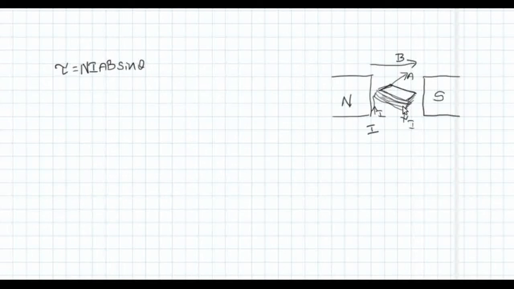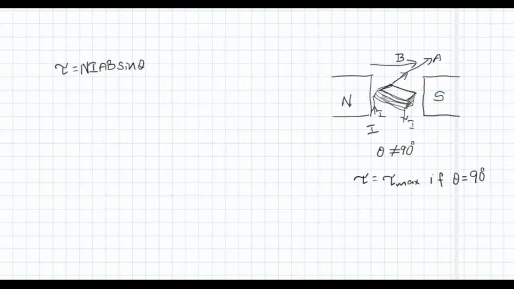So if there is a current flow through the coil, now this is the new angle made by the area vector, and we can see that the direction of area vector is not perpendicular to the direction of B, and if it is not perpendicular to B, theta is not 90 degree, and if theta is not 90 degree, then torque will not be tau max. Torque is maximum, or torque tau is equal to tau max, if the angle theta is equal to 90 degree. So how to make the theta 90 degree, or how to produce maximum torque?